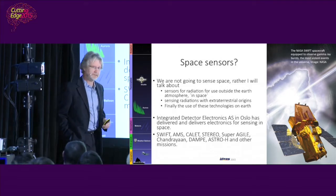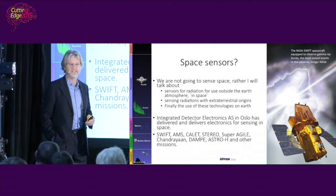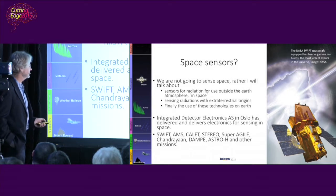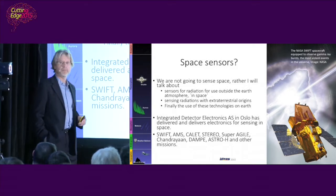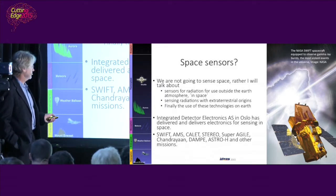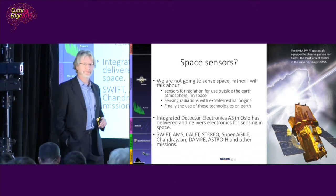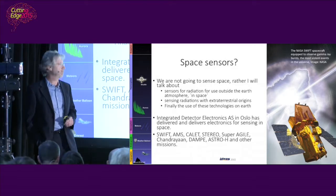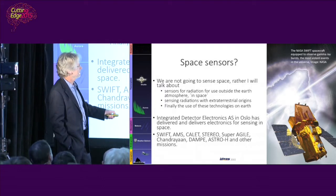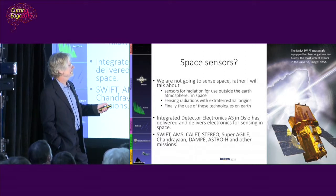Chandrayaan, actually it's the Chandrayaan-1, is an Italian space probe that orbited the moon. It has now crash-landed into the moon some time ago, and they had some electronics from us. Dampe is a Chinese observatory that will be launched next year, the Dark Matter Particle Explorer. Astro H is a Japanese mission to look for very high energy gamma rays from outside our galaxy. So the SWIFT spacecraft, which has now been in orbit for 11 years, uses our electronics to read